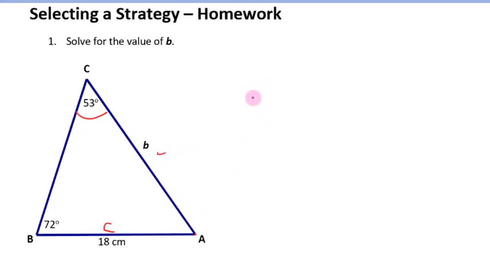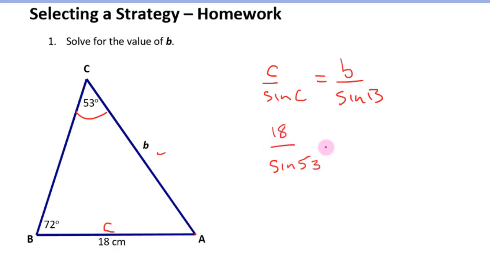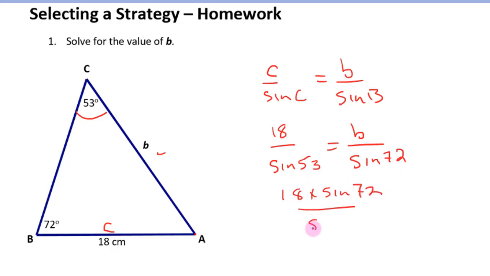So let's write it this way. Since we're trying to calculate a side length, we're going to use side C over sine of C is going to equal B over sine of angle B. We can substitute what we know. C is equal to 18. Angle C is 53. B is what we're trying to calculate, and angle B is equal to 72. I'm going to rearrange this, and we get 18 times sine 72 divided by sine 53,